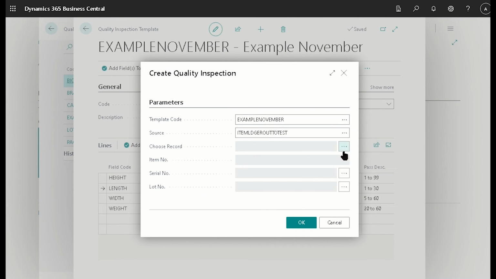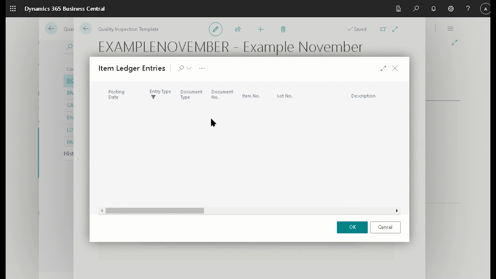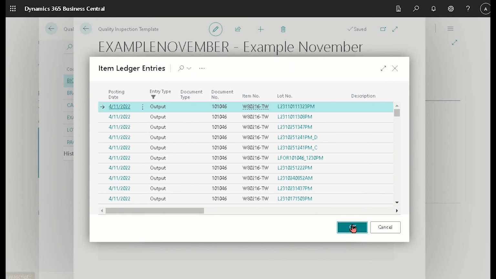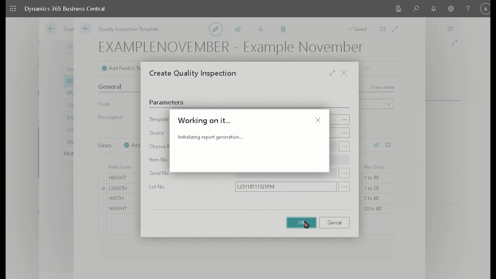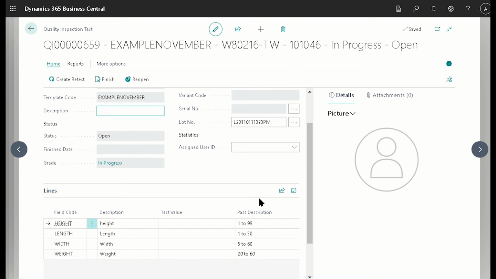We're going to choose our record. For this example, we're just choosing any sample data. All right, so now we have our quality inspection test with the height, length, width, and weight filled out.